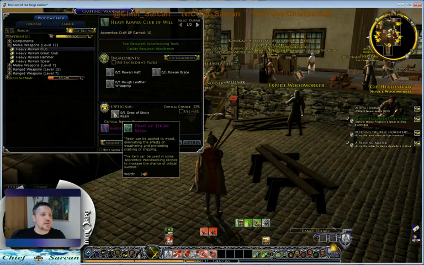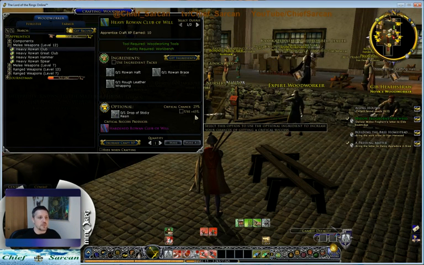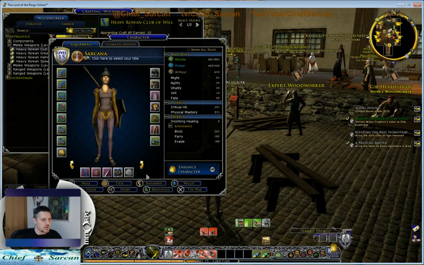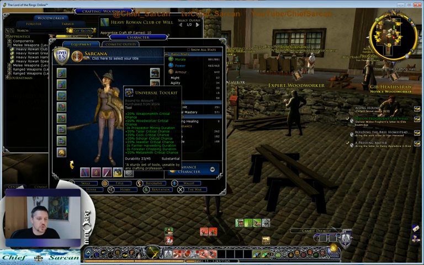Well, you can find items, like this drop of sticky resin, in the world just by killing things or harvesting, that you can use, which bumps up your critical chance by plus 45%. You can also get an item, which is probably the best use of turbine points that I've ever seen in a game: this universal toolkit that gives you an automatic 20% to every skill, so you only have to carry one tool,